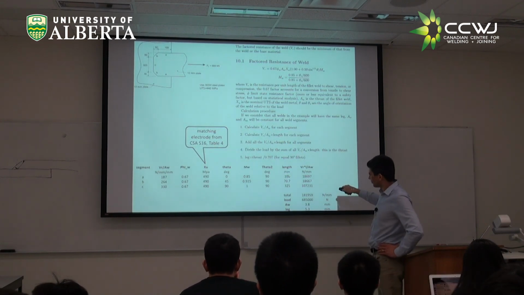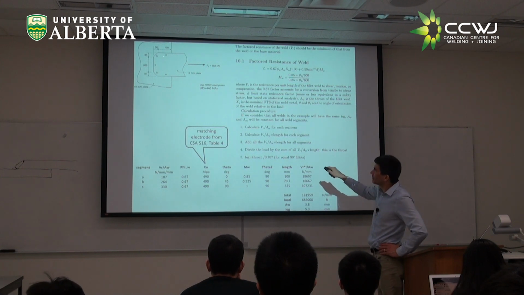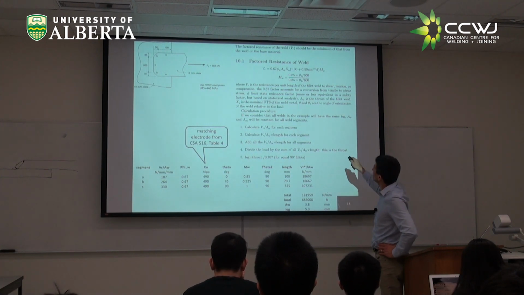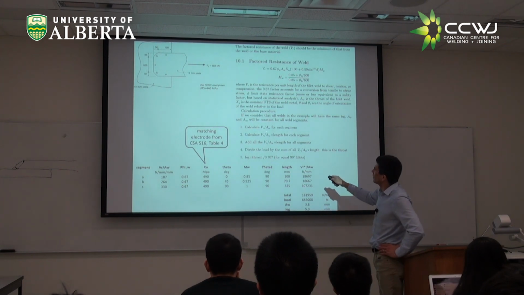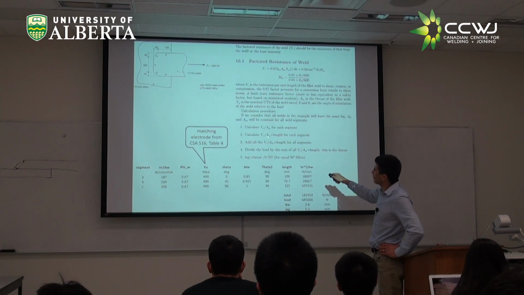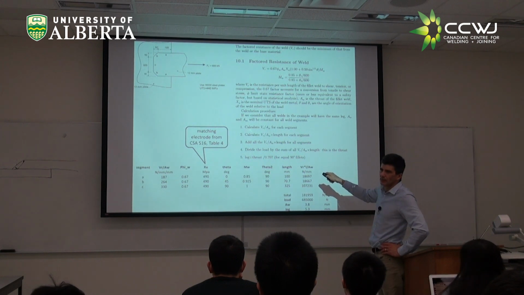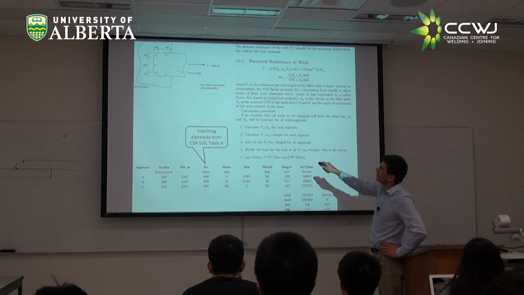And we have the length that comes from all this design. So we calculate this. Then we calculate the strength per unit length and unit throat, and we multiply it by the length, right? That would be the second step. We multiply it by the length. So this weld can take so many,